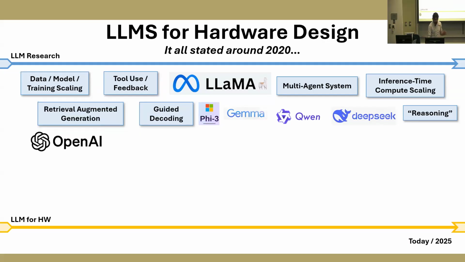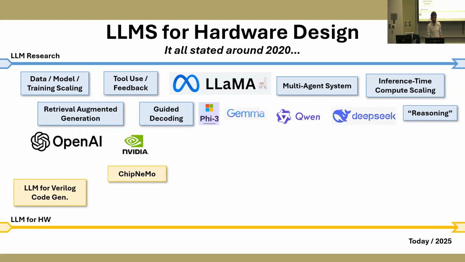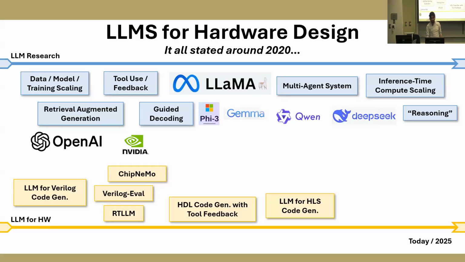In the LLM for hardware design community, the first thing people were doing was, we're going to take an LLM, we're going to generate Verilog, right? That was the very first idea that would come into somebody's head that people were publishing about, right? And then NVIDIA came out and was like, oh, we took all our customer data, we trained the best LLM to Verilog thing ever. They didn't open source it, but they also had an eval, and then some other evals emerged. And then people started using feedback from the tools to guide the LLM and fix